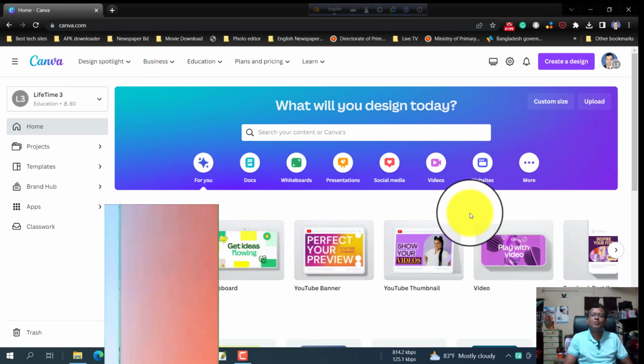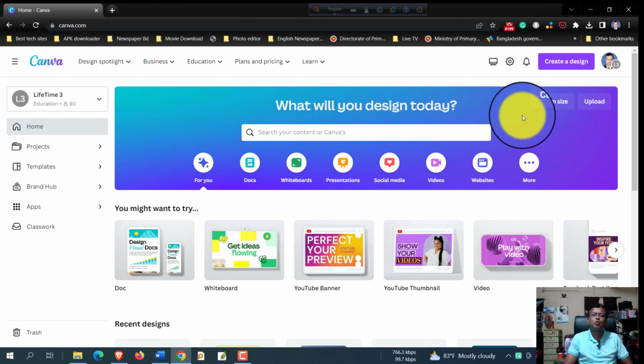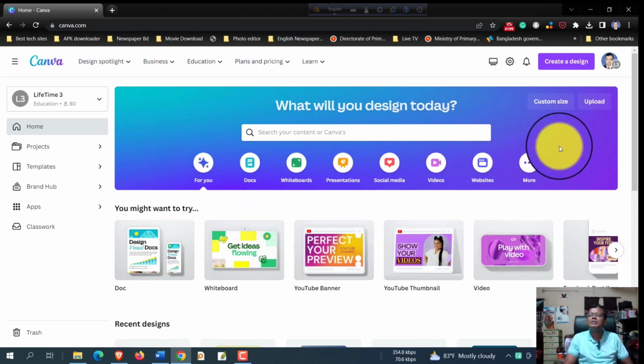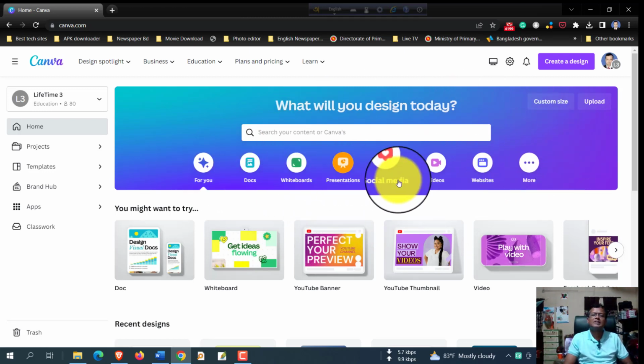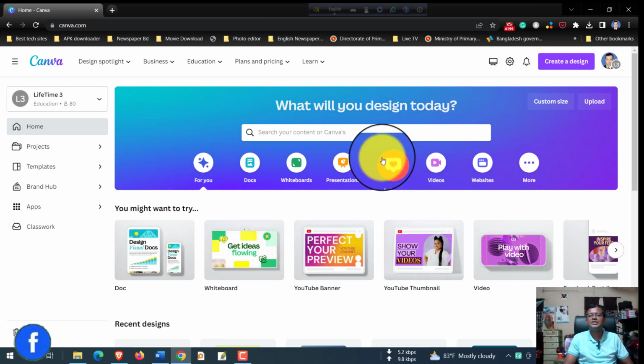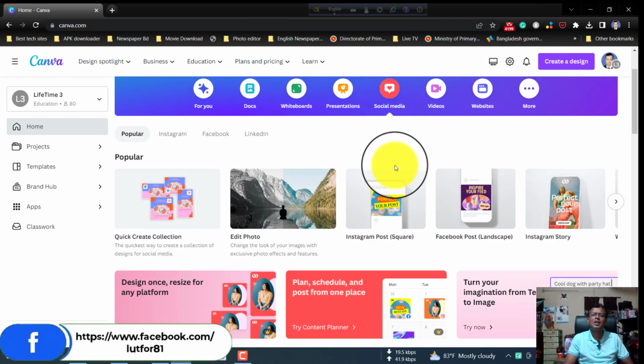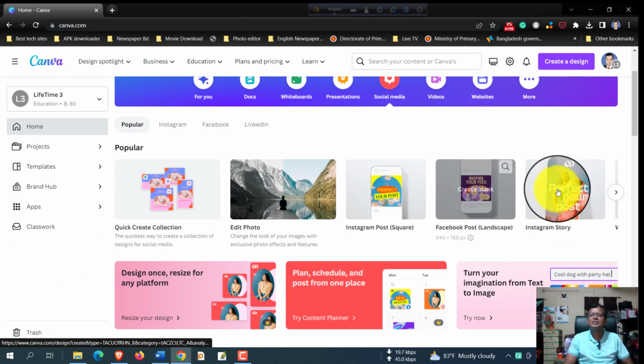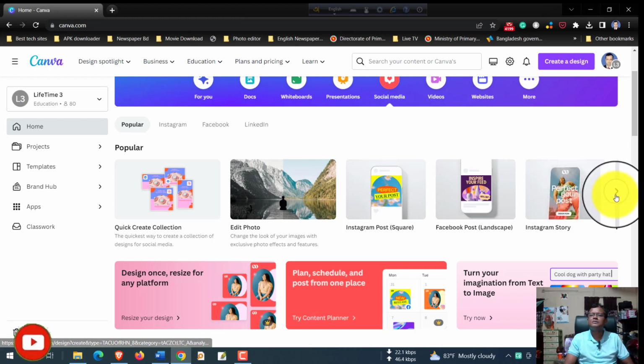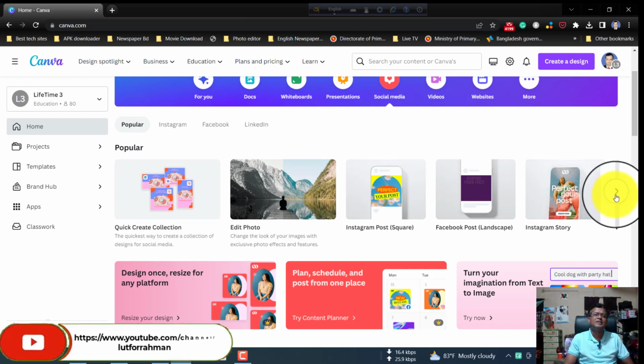Now you have to find the social media option from this box. This is social media. Click this icon and you have more options under this section. Scroll down. This is the arrow on the right side. Click here